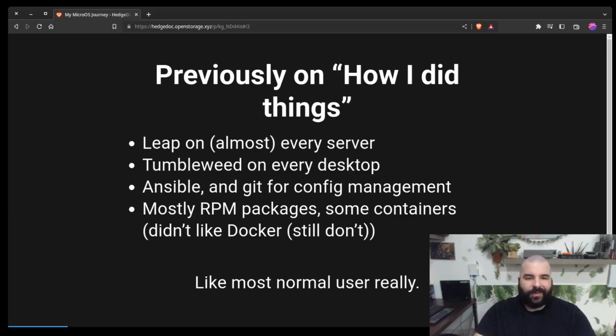There is no magic in that. Almost all of them are RPM packages, very few Docker containers, because I really didn't like Docker containers. I still don't like Docker containers. But it was a very generic system, like most mutable systems, like most normal users have. I don't know if we as Linux users qualify as normal users. Anyhow,